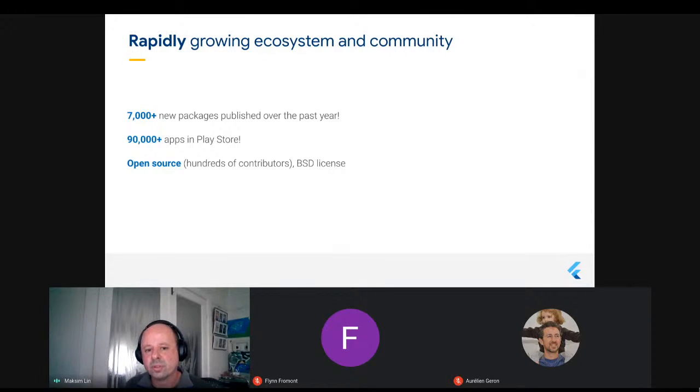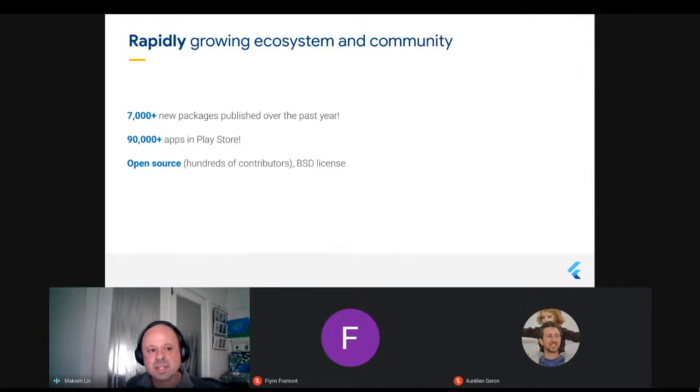Similar to anyone who might be familiar with JavaScript, Node, and npm, Flutter has its own version of a package website called pub.dev, and there were 7,000 new packages published over the past year. That figure is actually quite old, and I don't have a total count, but it's huge. There's an enormous variety of packages there, basically libraries that you can make use of to kickstart your app development.